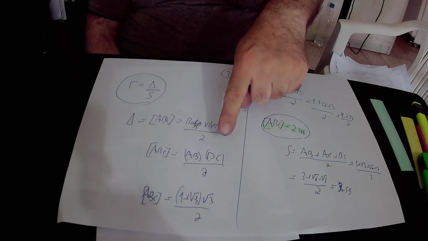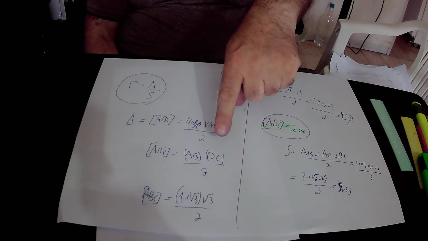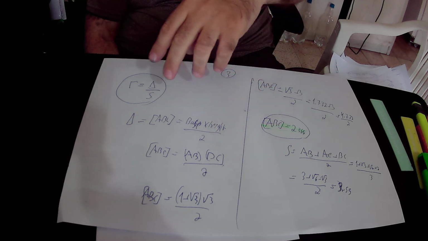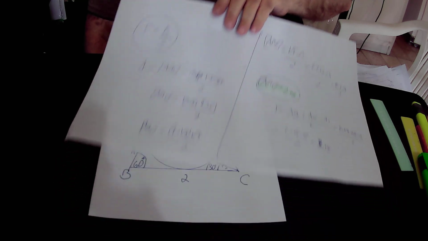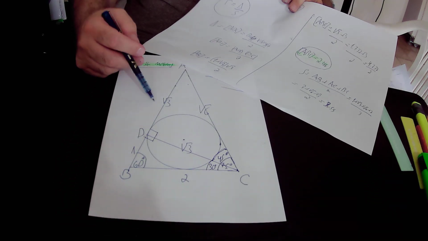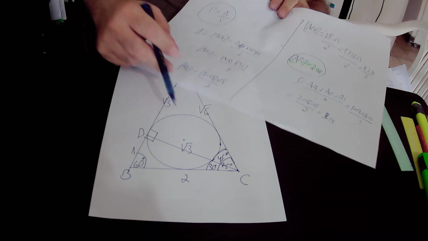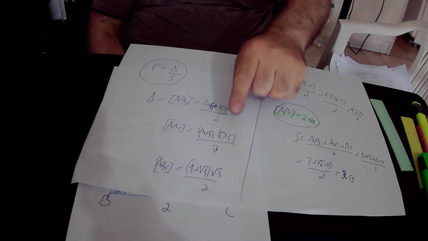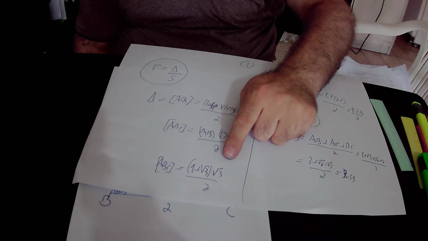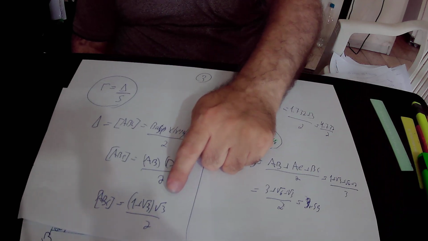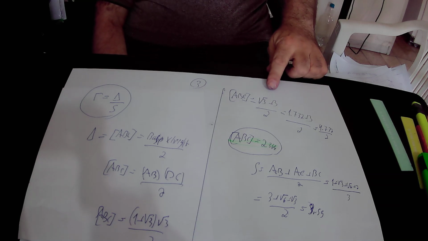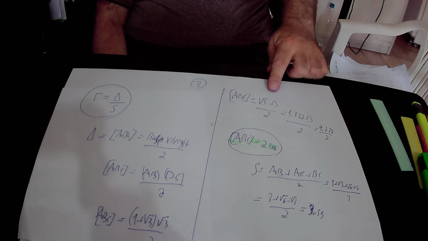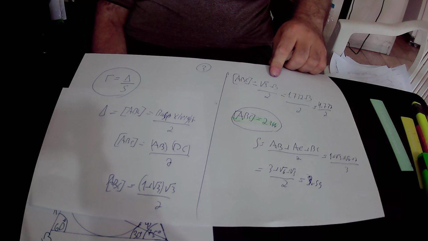AB equals 1 plus square root of 3, DC equals square root of 3. So the area of triangle ABC is 1 plus square root of 3, times square root of 3, over 2. We open the brackets and find that it equals square root of 3 plus 3 over 2, and the area of triangle ABC equals